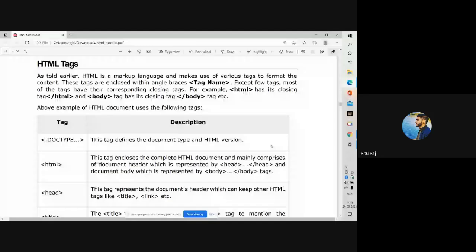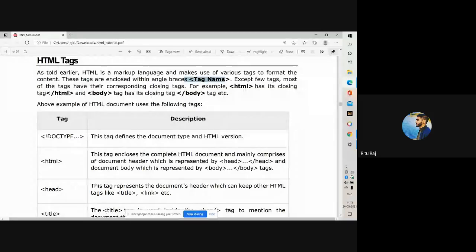Now it is visible. Please respond. Is my screen visible or not? Yes, sir, it is visible. Okay.